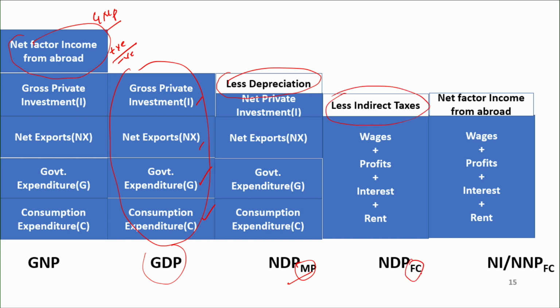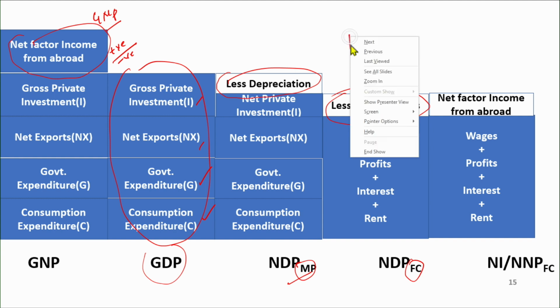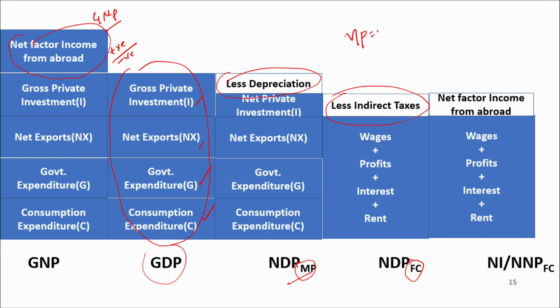Then you get NDP at factor cost, because you remember that I already said market price is nothing but factor cost plus indirect taxes. So I could rewrite the same as factor cost is market prices minus indirect taxes, isn't it? And the last one happens to be national income, NNP at factor cost. So I also include the net factor income from abroad. When it comes to NNP, here in this case you should note down the fact that I am referring to net national product. So that's how you could relate all these variables.